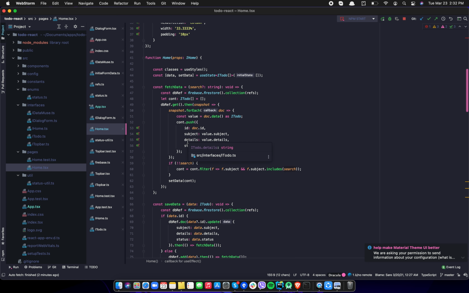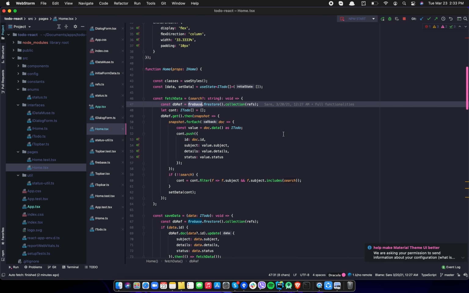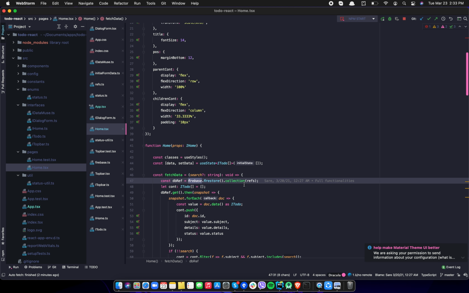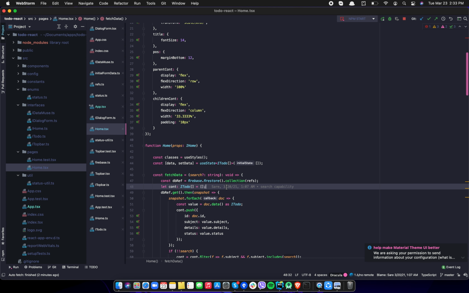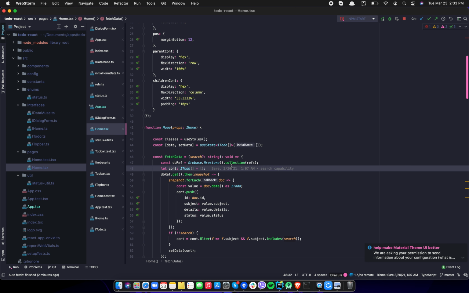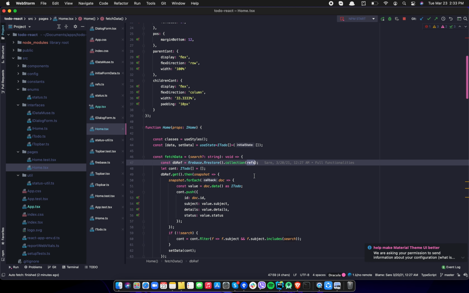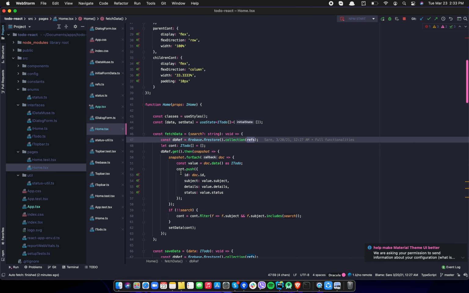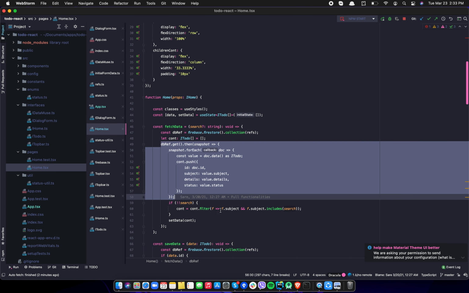Okay, so I will also explain this to you. This fetchData is the one getting the data from the Firebase. So I'm just calling the Firebase setup from the config, and then the Firestore method, because I'm using Firestore. And then that collection is for the reference ID that you want to call. So this is how you call Firebase